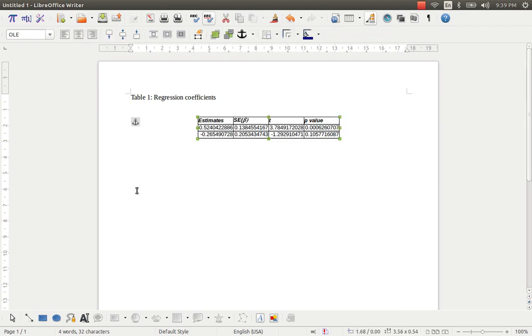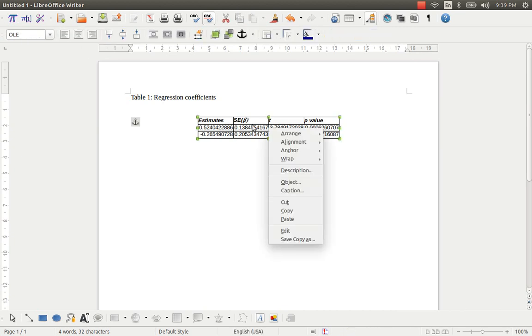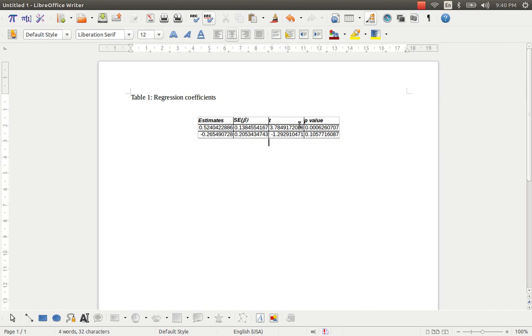Okay, we got the table, and you can just start writing it. The above table is the output for regression analysis in LibreOffice Calc, and you can start criticizing the estimates along with their associated error and the t-value as well as